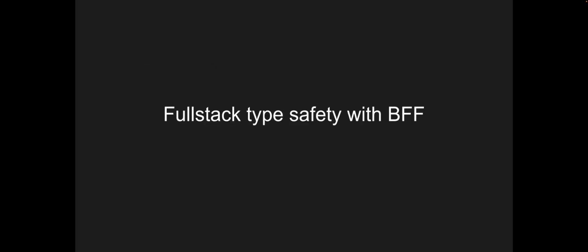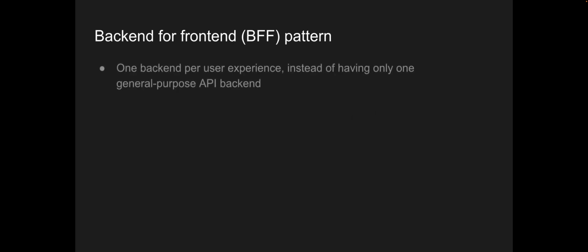So let's talk about full stack type safety with BFF, your best friend forever, which is in this case actually the backend for front end pattern. This is one example of potential full stack type safety. The backend for front end pattern basically is that you have one backend per user experience instead of having one general purpose API. So if you think back to that example I gave of your web application for the past 10 years,